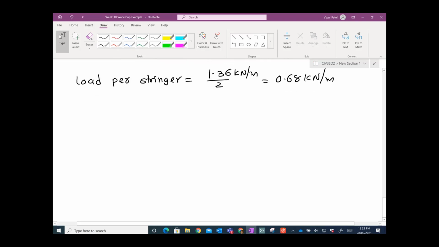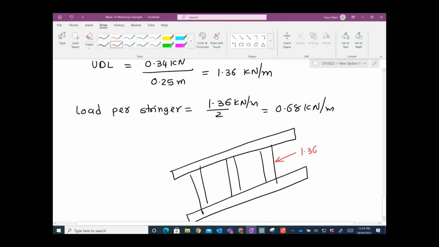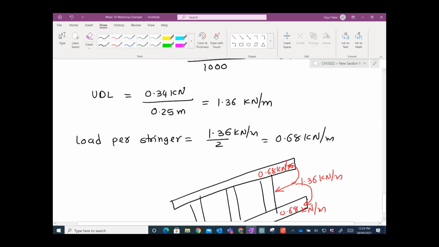You have one stringer, another stringer, and a thread in here. The weight of the thread is 1.36 kilonewton per meter, so half will go here, half will go here. So each stringer will have 0.68 kilonewton per meter UDL load, and its own weight